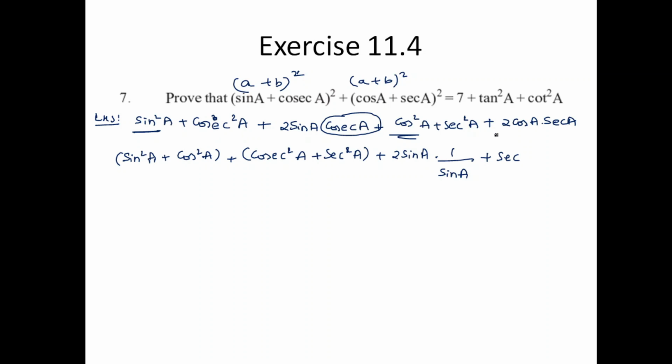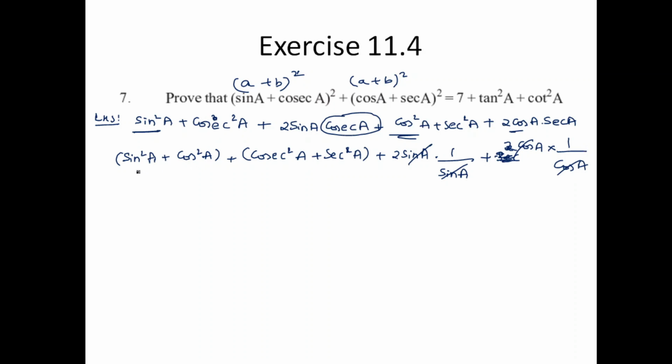Plus what is left out now? What do we left out? Yes, over here, this is your sine A and this is left out, isn't it? So plus 2 into cos A, and secant is written as 1 by cos A. I hope this is clear up to here, right? So this is clear. So similarly, I can cancel out sine and I can cancel out the cos terms directly.